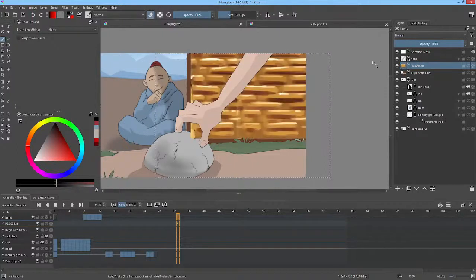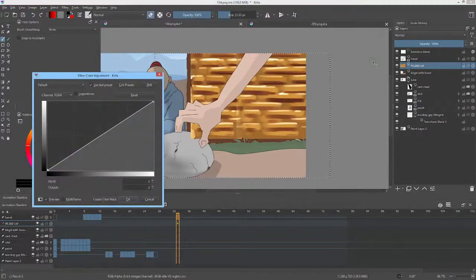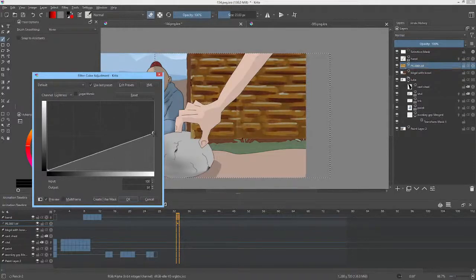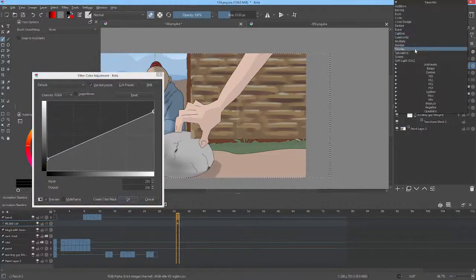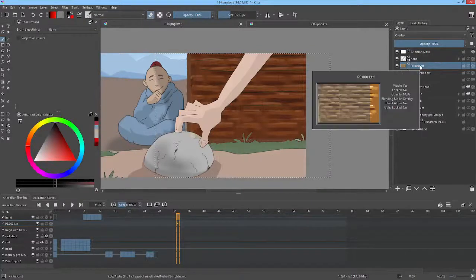So now this is all one layer, and now let's hit the Control M, and for crying out loud, let's tone down the saturation of this layer. Not too much. Let us turn down the lightness. Probably pull off a bit of the contrast. And let me see about the blending mode. Overlay,